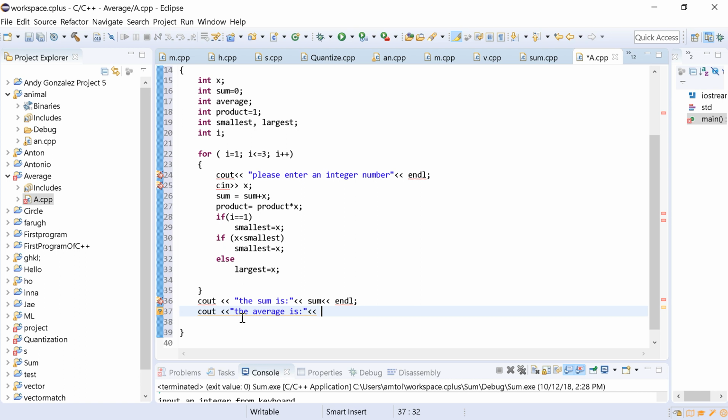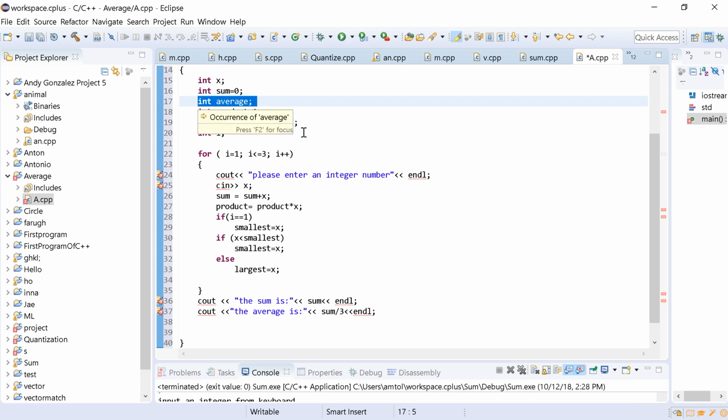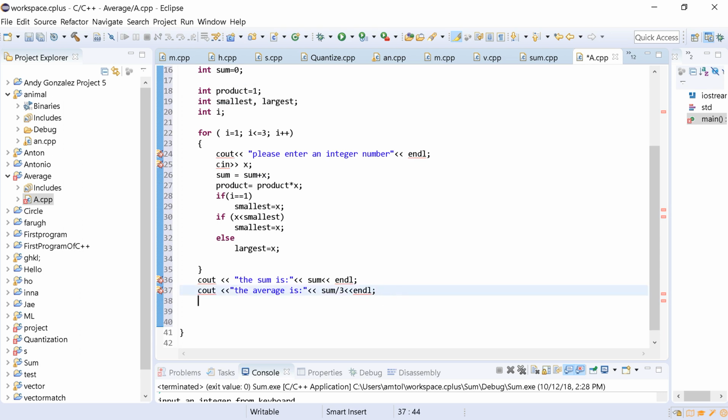But we didn't define the average, so we can write it right here. We can say that sum divided by 3 is the average. You can write like this, or in between the program you can, for example, say that average is this. So sum, you can put sum, yeah. But here actually we have the average, so we don't need this because we didn't use it here. We said that sum divided by 3. So I can cancel that one, and then I'm writing again cout